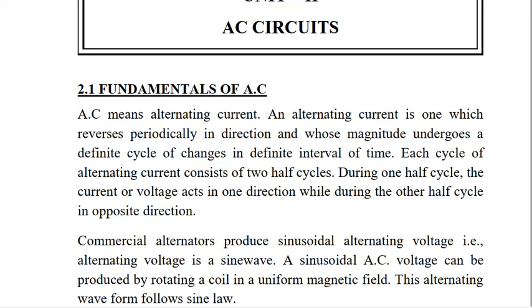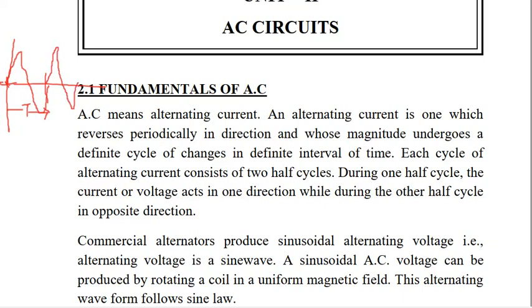During one half of the cycle, what appears in the positive direction appears in the second half in the negative direction. Like I told you, the AC circuit is nothing but the AC signal. If you draw it for a particular duration starting with time 0, it moves positive, then comes back and goes negative. This is one time period, which is calculated for a complete cycle. A complete cycle means positive and negative completely. For the next time period, the same waveform reappears.